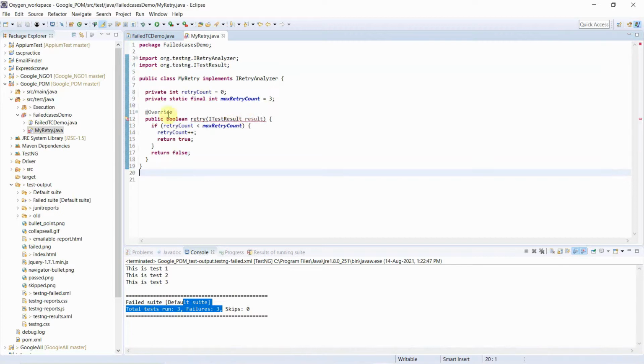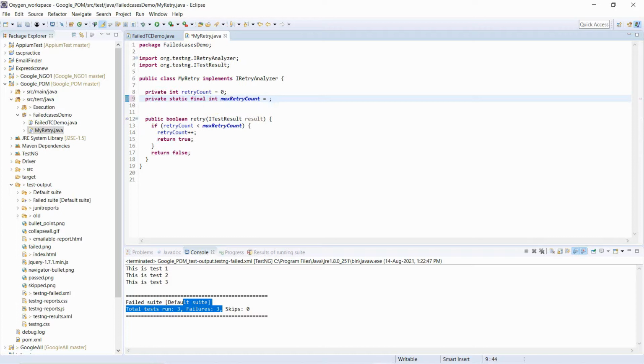Simply you can answer that yes, in my framework we have utilized IRetryAnalyzer to execute the failed test cases. It has a maximum count, which means at most 3 times your failed test cases will be run. You can make it 4 times, you can make it 2 times.